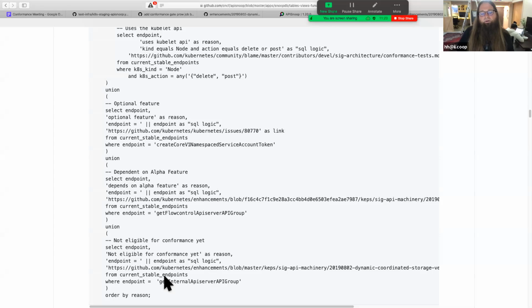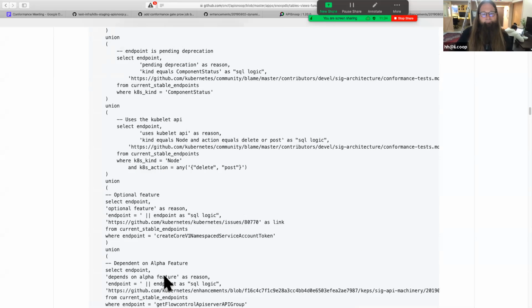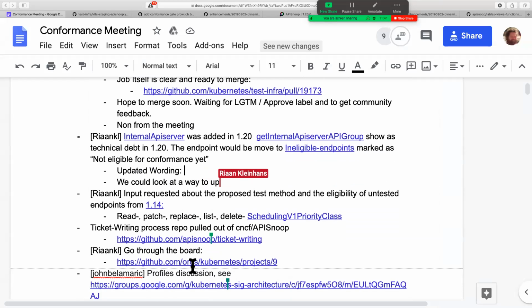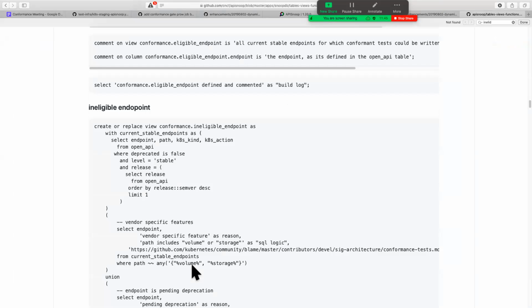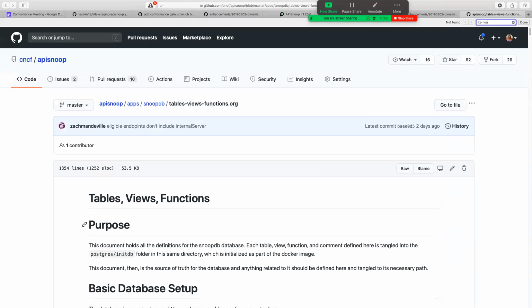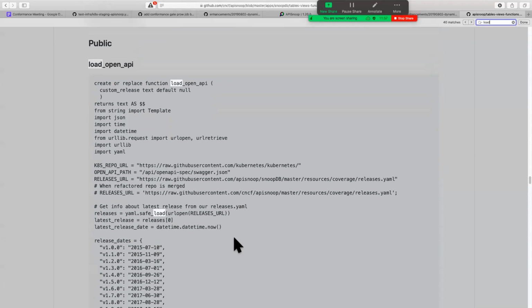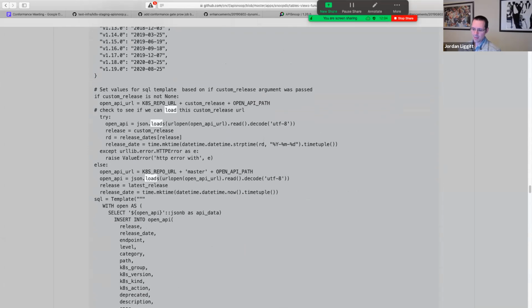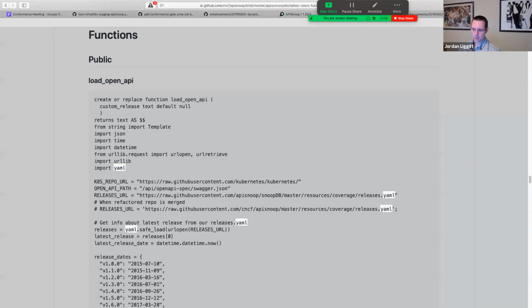For now, we're picking out specific endpoints because we have a link as to a reason why that doesn't exist yet, whether it's optional or not. Okay. Also, the reason why the endpoint shows up at all is because it's in the OpenAPI spec. We grab the spec from master in Kubernetes and use that to see all possible endpoints, and then filter out the ineligible ones. Okay, it seems like if we're grabbing that spec rather than one from an actual conformance run,